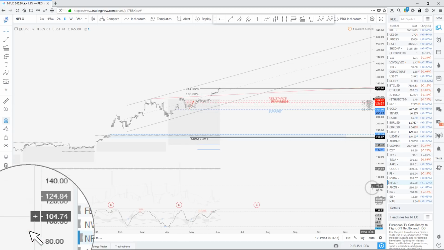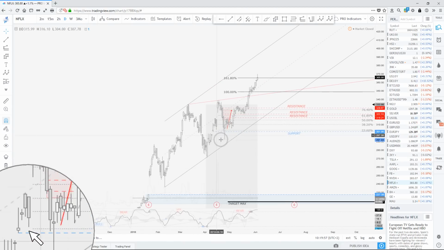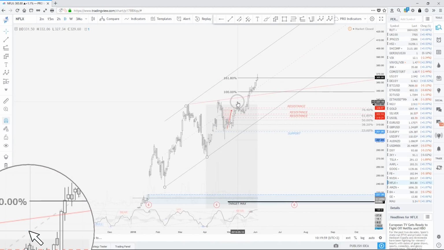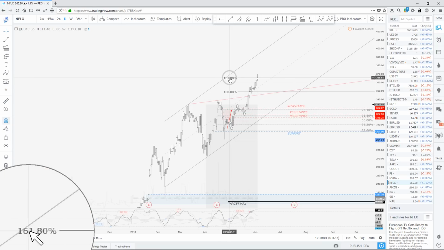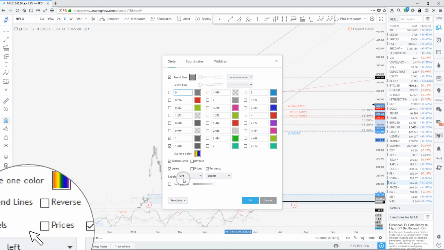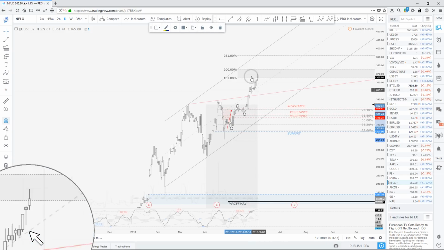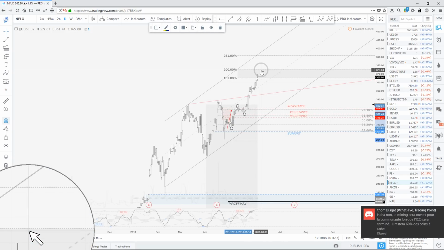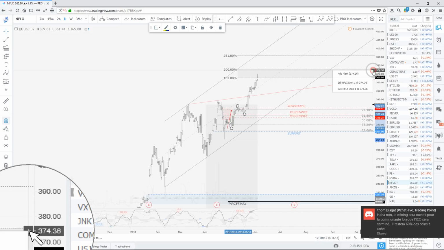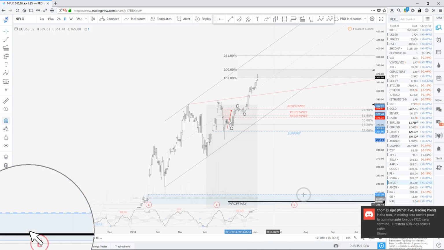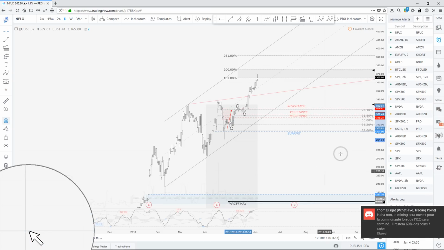So right here, in terms of structure, we've got wave 1, 2, 3 equal legs. So we've got wave 5 to be an extended wave. So its minimum target is 161%. And we're already there. So next target is eventually in here, $375 if we get there as well. If a bearish signal is triggered on momentum, I'll take it. Okay.